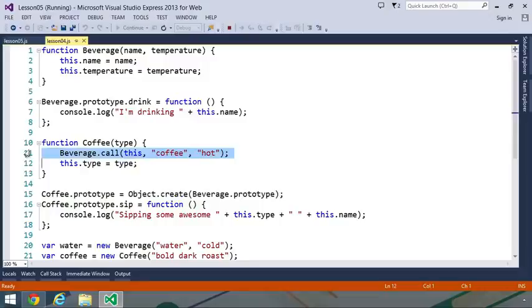So mixins make it possible to use the same functionality between different types of objects, or just different objects in general, but it also allows us to define unique functionality for an object or multiple types of objects. So if we go back to the browser, now that we have added the ability to perform arithmetic with our person object, we can